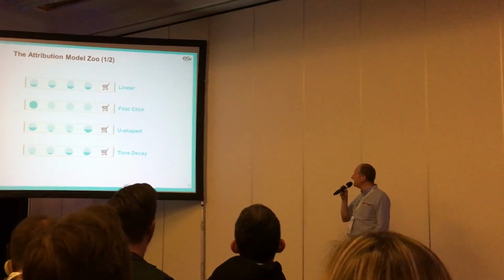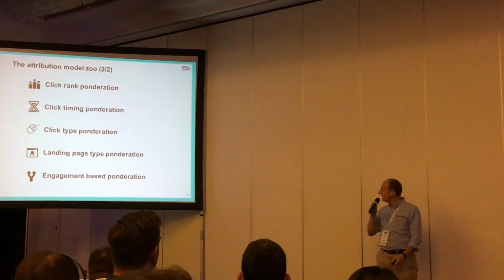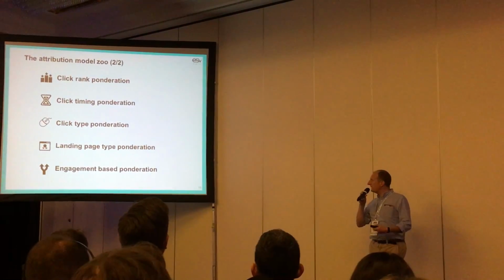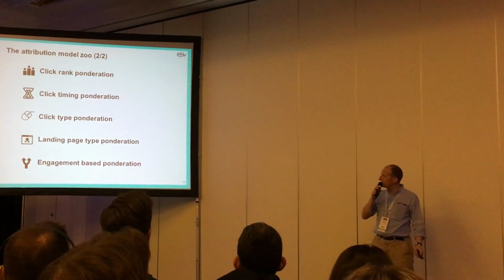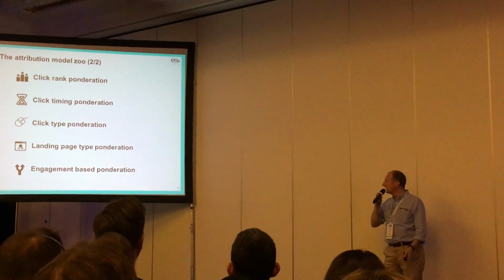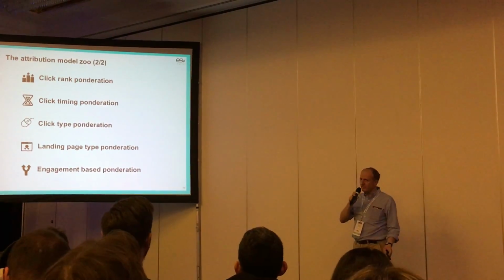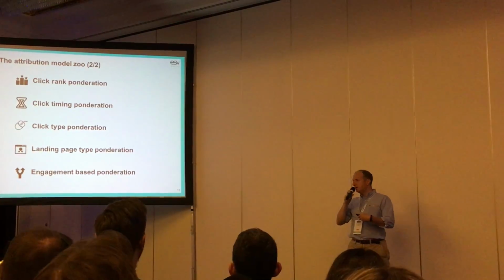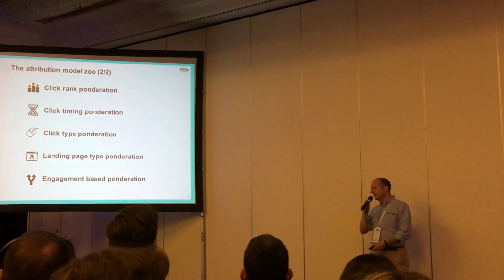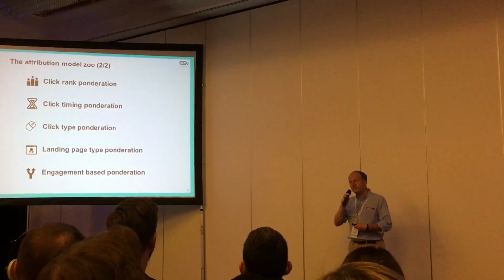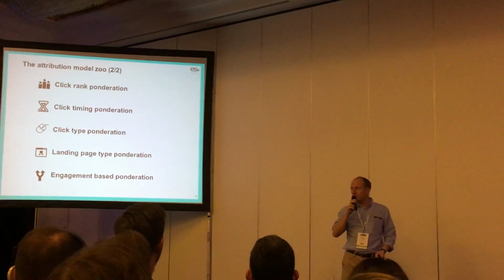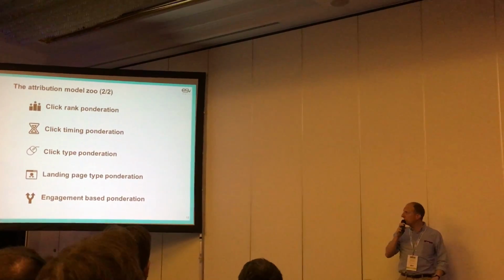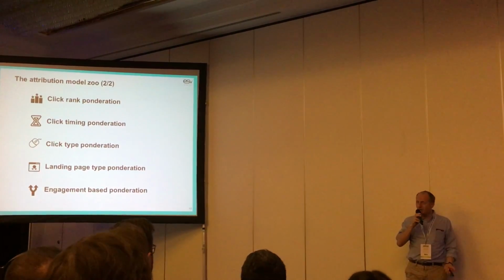And so typically people use a combination of those models, and then there's typically a bunch of parameters. They give weight by click rank, by timing, by type of click. They will say depending on whether it goes to the front page or to a deep page, depending on the type of landing page, depending on lots of parameters, you can make very, very complicated models. Again, nothing wrong with this, but ultimately,